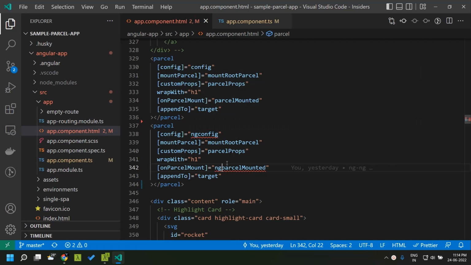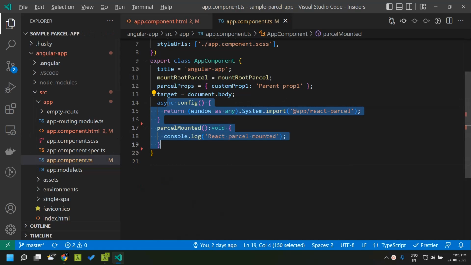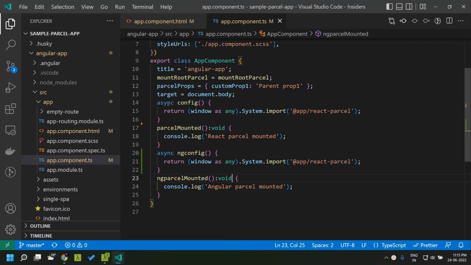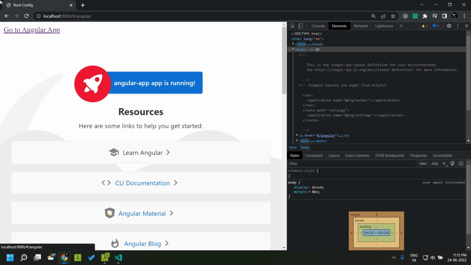So that's ngconfig and ngparcel mounted. Let's duplicate these two methods and name them ngconfig and ngparcel mounted. Here the log message I am changing to Angular parcel, and the system import name as well I am changing to Angular parcel. Now let's go to the Angular application,